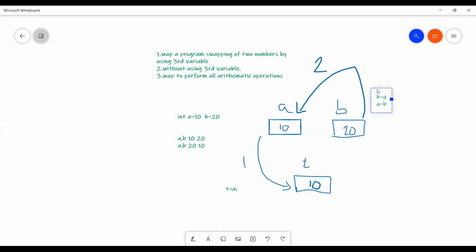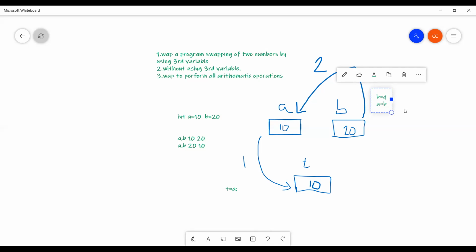But we are going to place b value in a. But what is our aim? We are going to place b value in a. So a equal to b is correct.